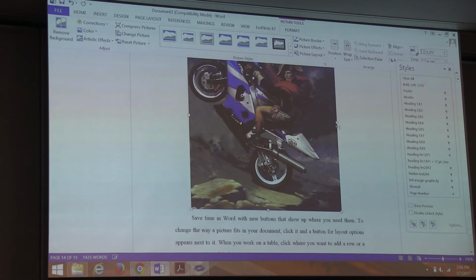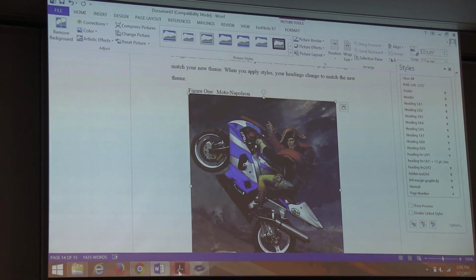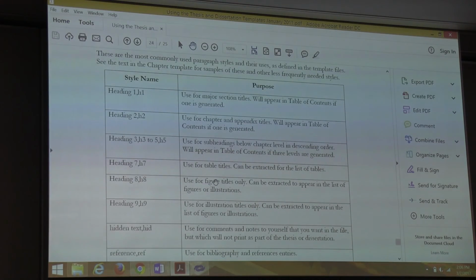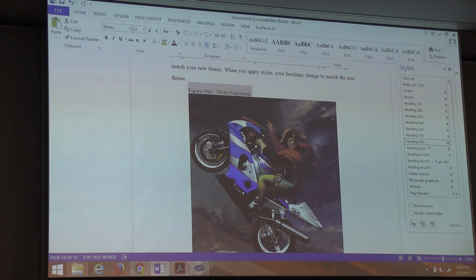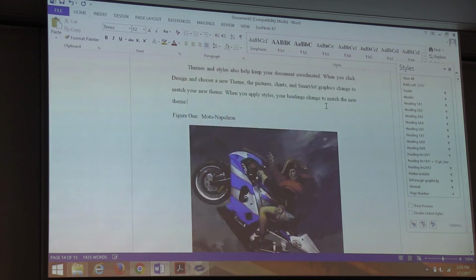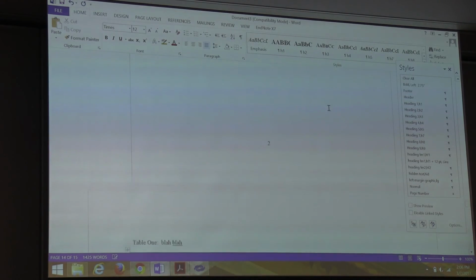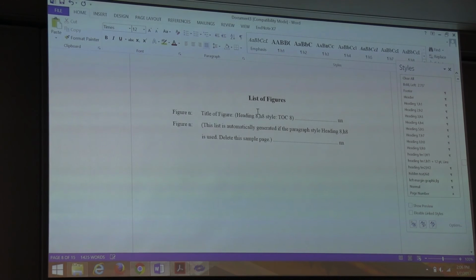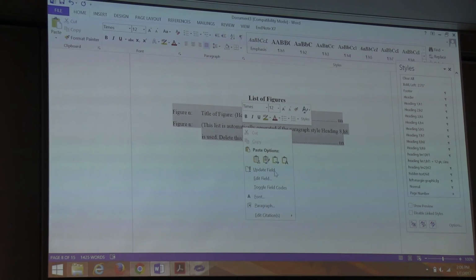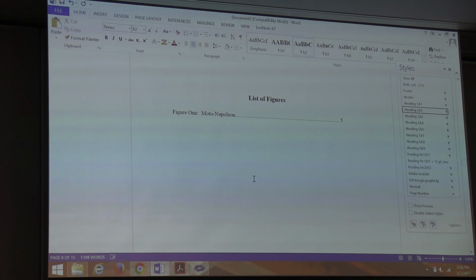Oh, and let's see, back to our little cheat sheet. Figure titles should be heading 8 in that style. So let's do the figure title, heading 8. There it is. And so now, if we go back to the list of figures, we'll do that same thing we did before, right-click on it, and update field. There he is.